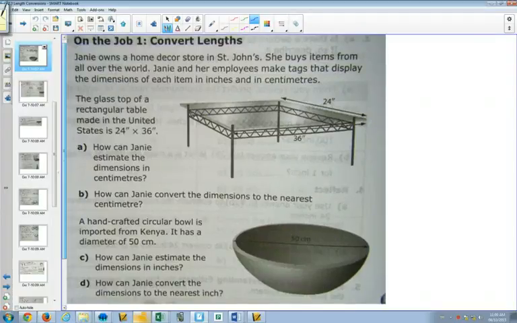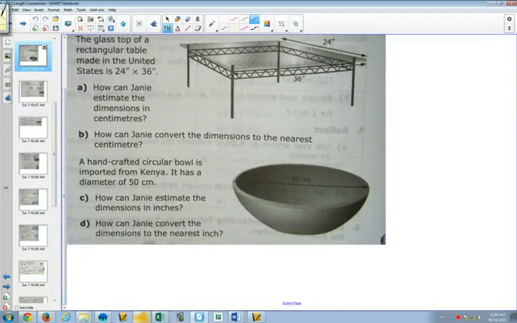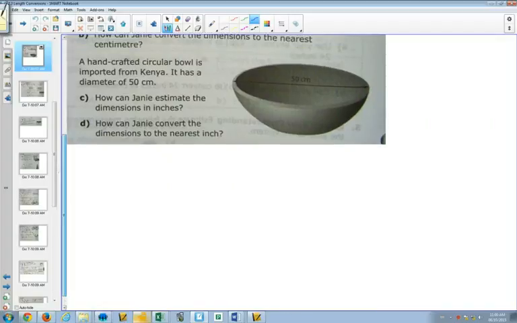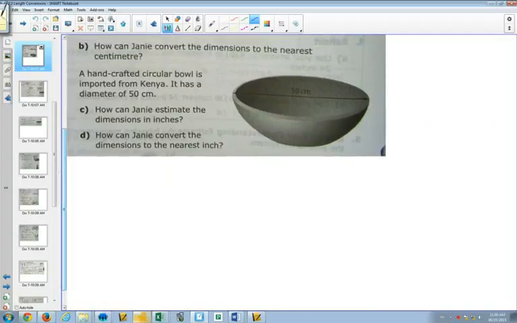We already did part A, so let's scroll down and look at part B. Right here, it says 50 centimeters. Now, first of all, it's asking us for an estimate. If we wanted to estimate how many inches this would be,